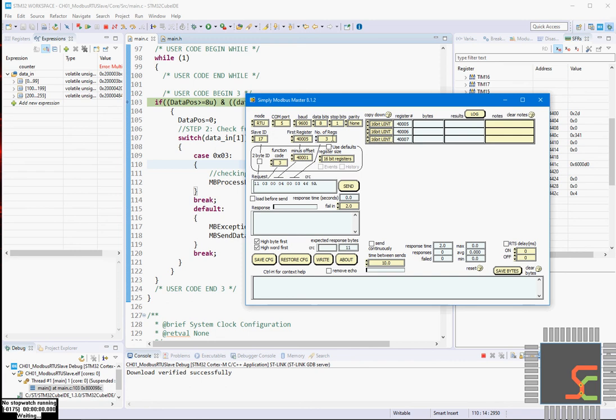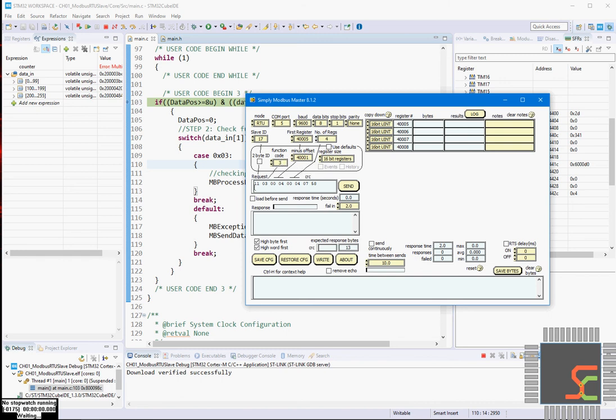We'll request four registers, starting from register number 40,005. Since this is a simulator, we have to put values from a programmer's point of view and not the user end point of view. We'll also say function code 3.